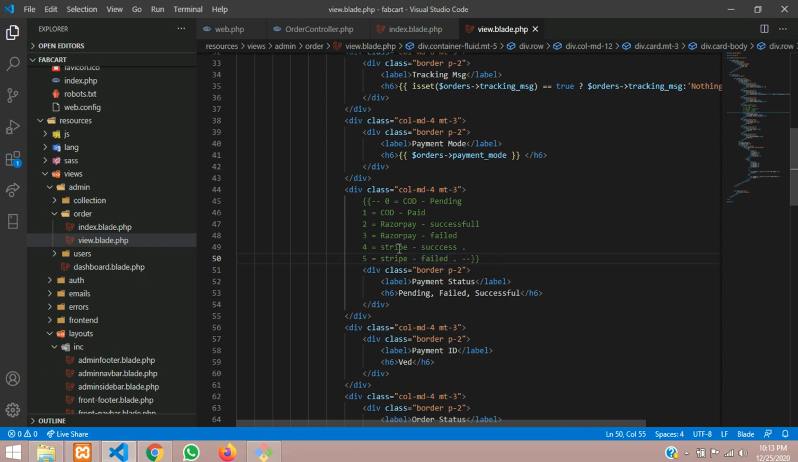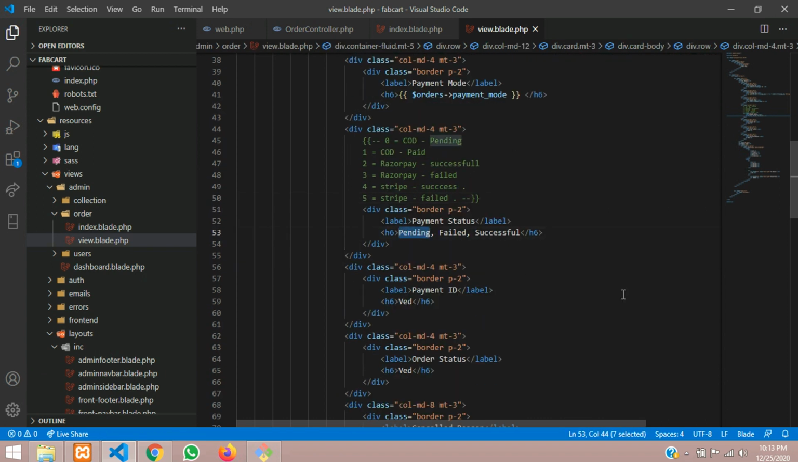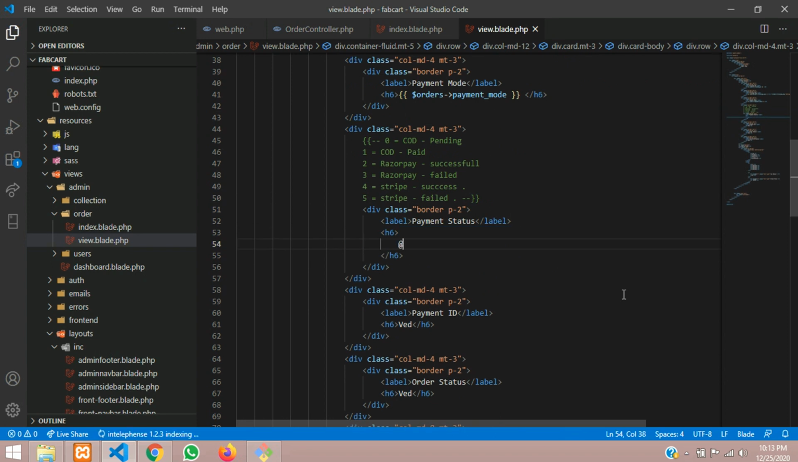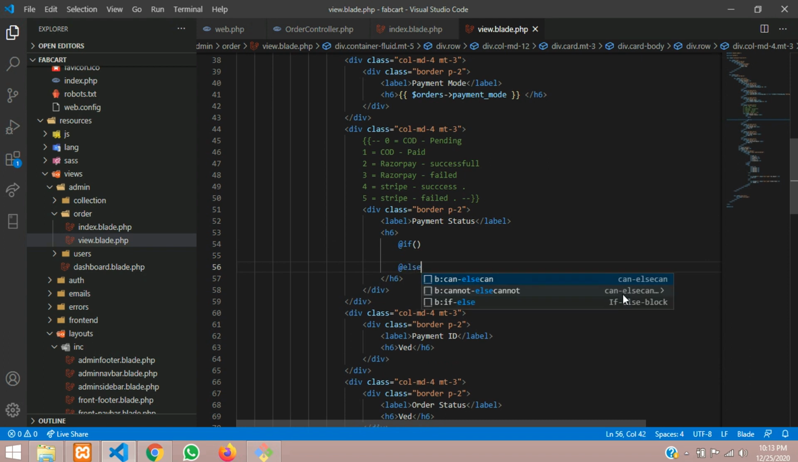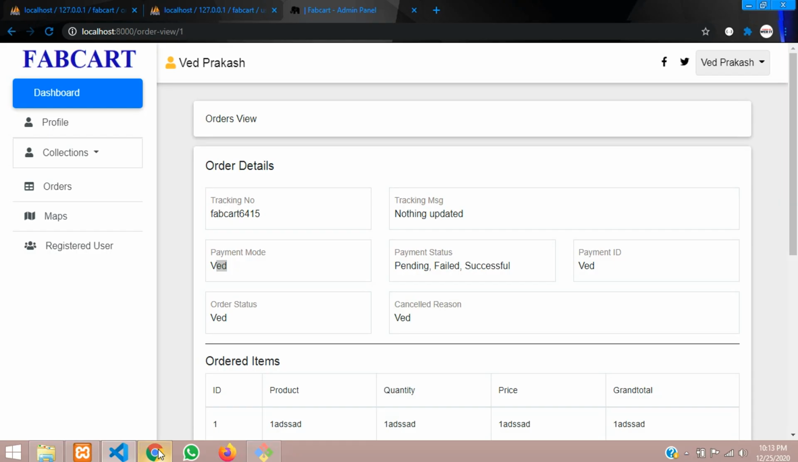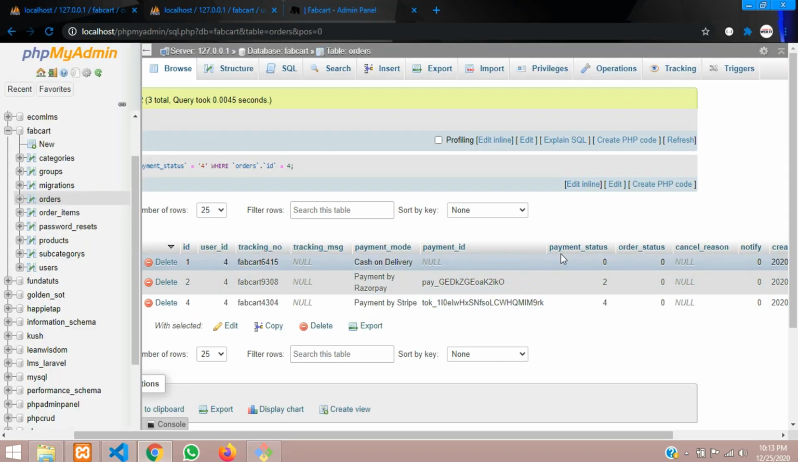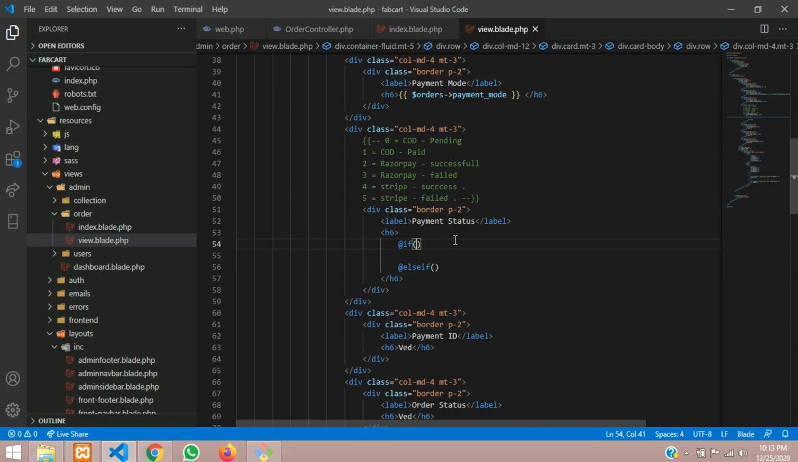Done. And now you have to give an if condition in that format to show. So that will be like if, then again else if. We have to check that. So those data will be checked by the method of this payment status. So let us tell $orders->payment_status. So this value we have to call, and then we will check this is double equal to